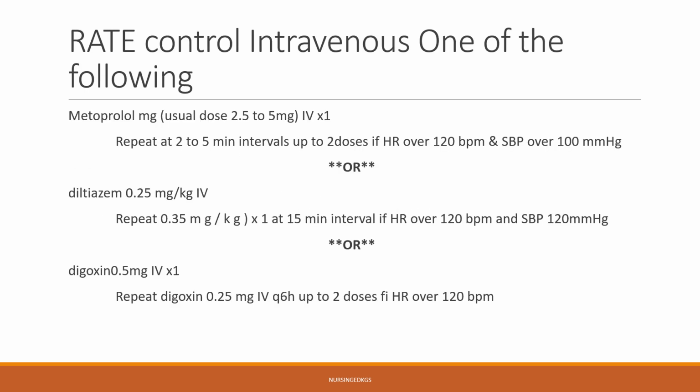So we're going to look at 3 examples of rate control intravenous medications that can be used. The first is a beta blocker, metoprolol. Usual dose is 2.5 to 5 milligrams IV times 1, and it can be repeated for up to 2 doses if the patient's heart rate is above 120 beats per minute, or if their systolic blood pressure is above 100